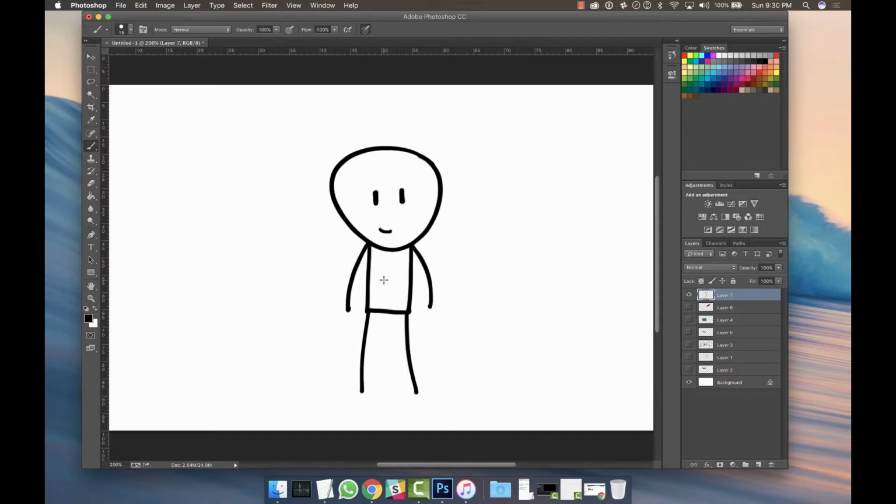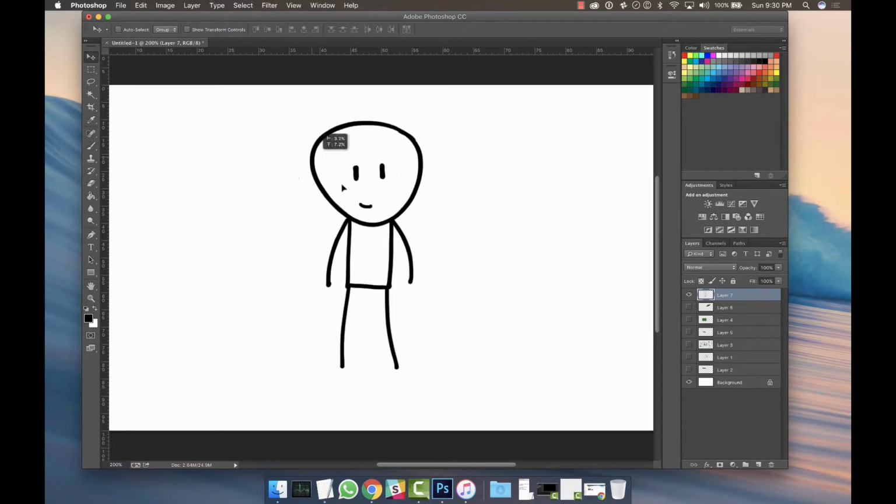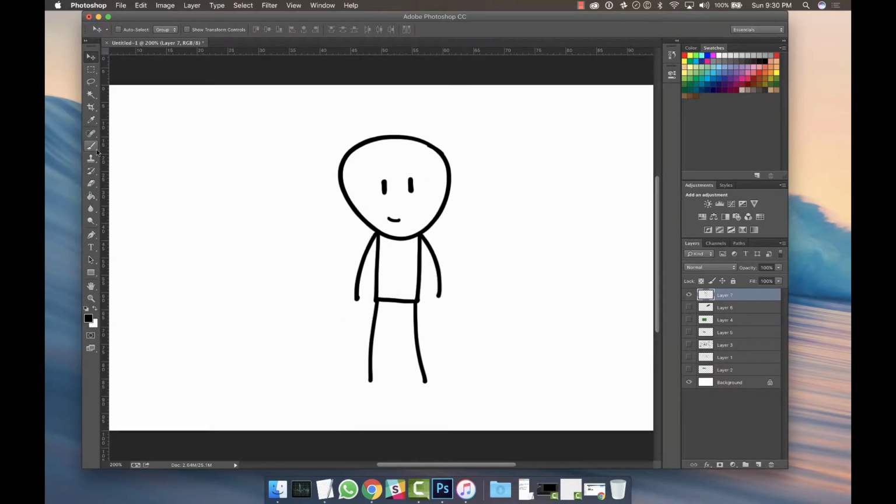So that was the brush tool, and I can use the move tool to move this layer around. I can use the lasso tool here. The shortcut key for that is L,